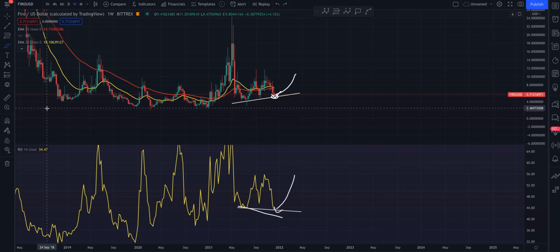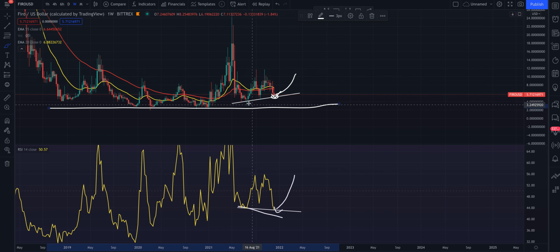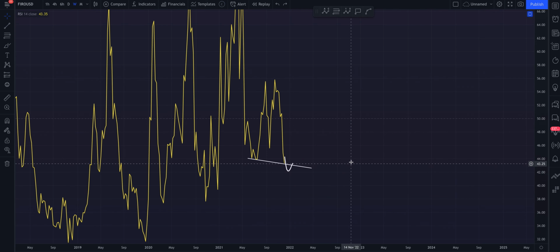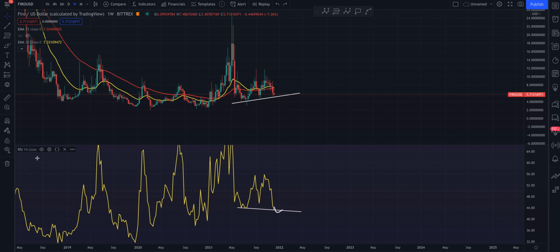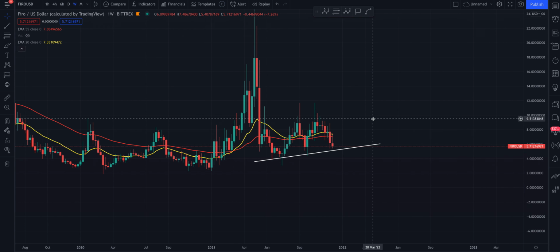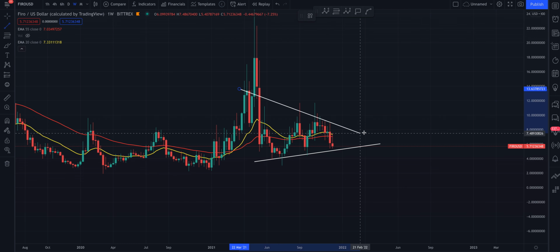But as I said, you're holding. You haven't lost key structure yet until you lose, I think it's about 50. I think it's about $5.20 something or something like that around this low here, and then start losing this low for yourself. That's when it gets into trouble. So let me just close off this RSI quickly and have a look at the chart, because potentially you could be in some sort of